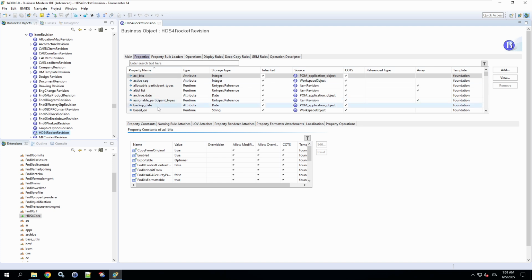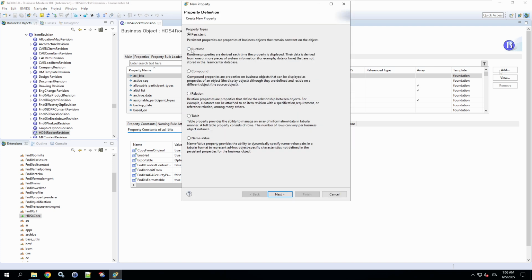Our first property is HDS4 Estimated Launch Time, a date type. It will calculate the estimated launch date by adding 30 days to the persistent property completion date. Click Add, select Runtime Property, then Next.